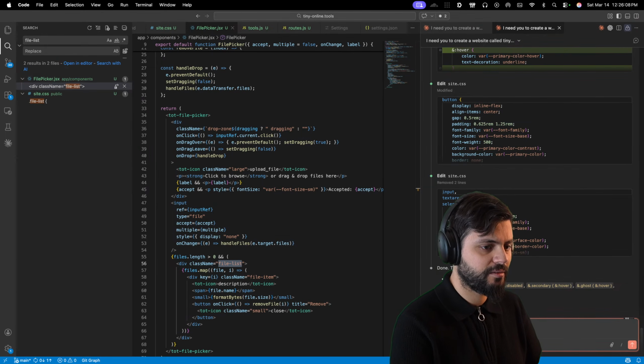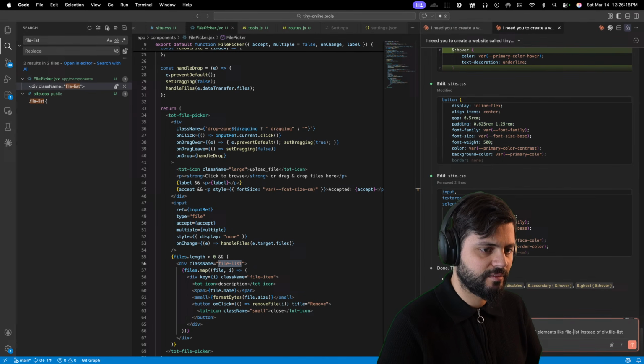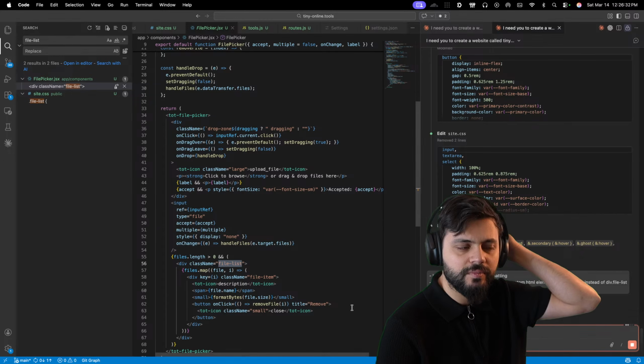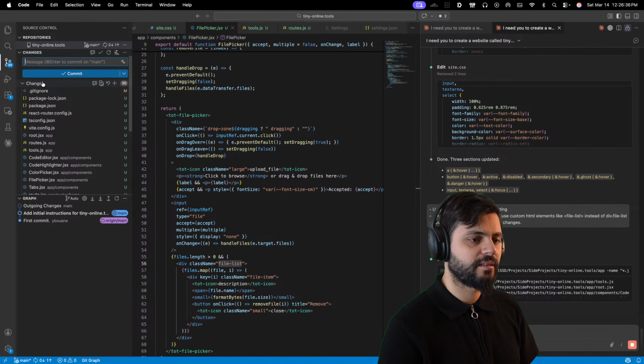Instead, you can use custom HTML elements, like instead of div.filelist. Okay. All right, so while it's doing this, I'm going to